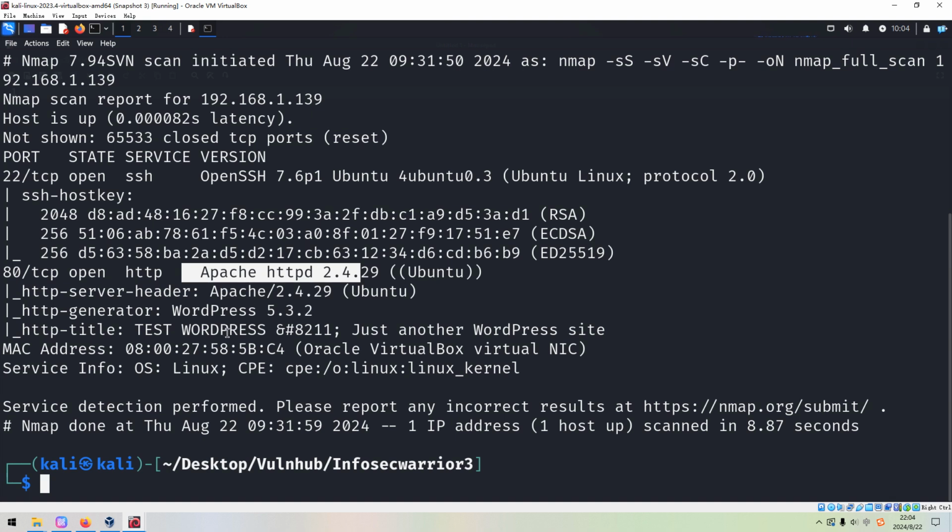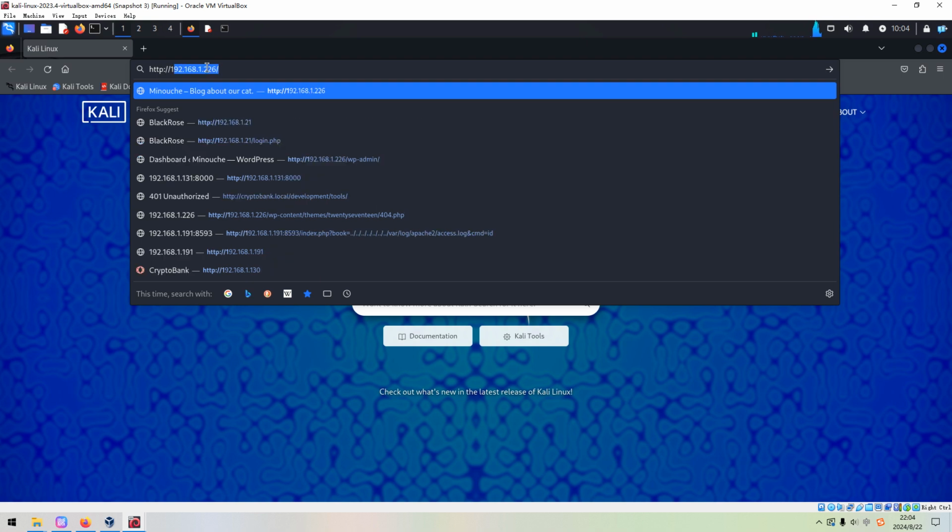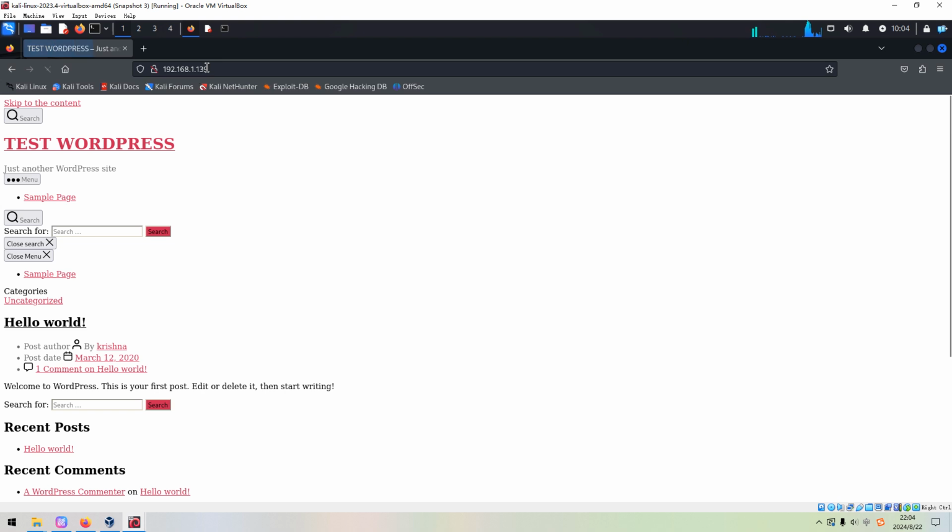We need to do enumeration with this web application, both manually and automatically. Let's open up Firefox to start with, and we can put the IP address of the target into the address bar. Press enter. Yeah, we got the page back.